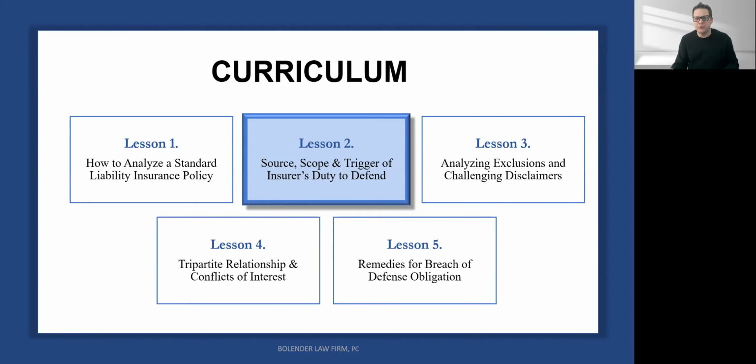Before we move to lesson 2, let me just summarize lesson 1. First, C for contract. We want to sort out the relevant policy documents. A for analysis. We want to isolate the key language in dispute. And third, R for rules of interpretation. Evaluate whether the coverage position in the disclaimer letter is consistent with the relevant legal standard. Now that we've completed the skills component, let's look at the substantive law.